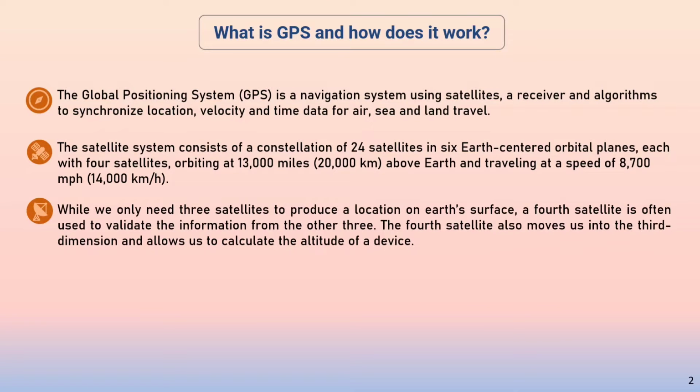The Global Positioning System (GPS) is a navigation system using satellites, a receiver, and algorithms to synchronize location, velocity, and time data for air, sea, and land travel. The satellite system consists of a constellation of 24 satellites in 6 Earth-centered orbital planes, each with 4 satellites orbiting at 13,000 miles, that is 20,000 km, above the Earth, traveling at a speed of 8,700 mph, that is